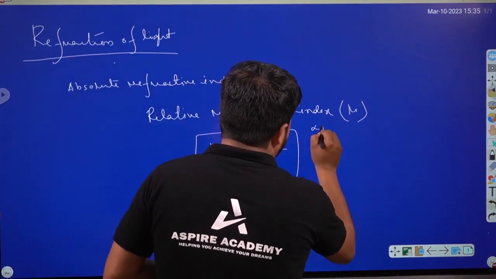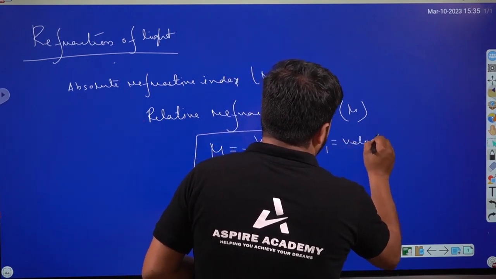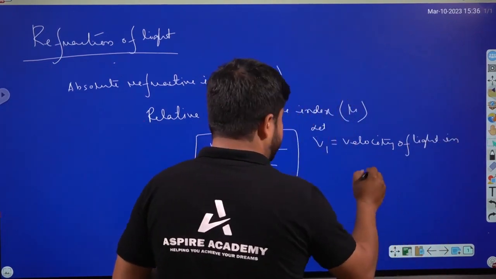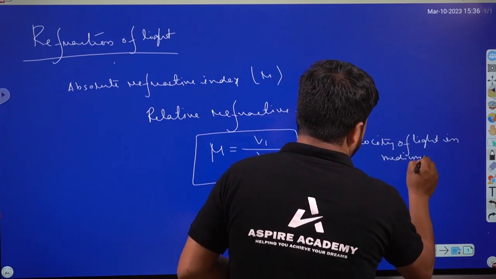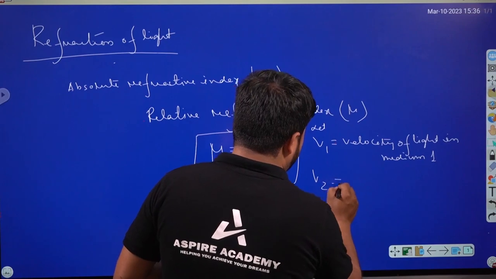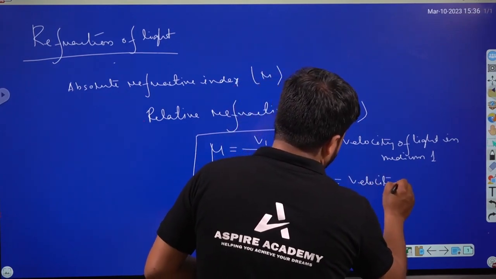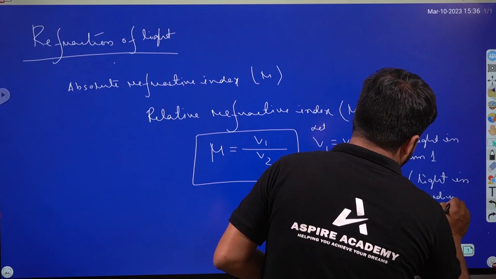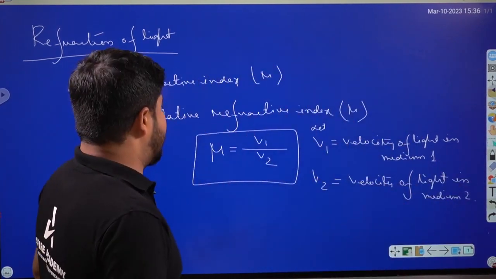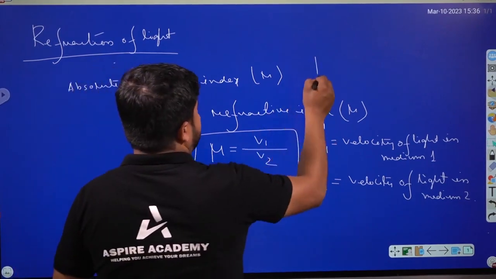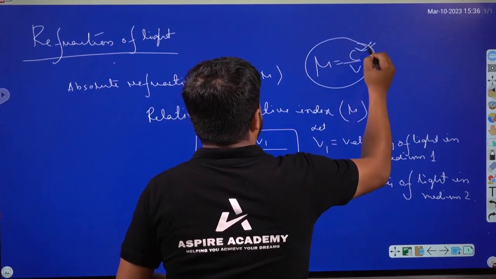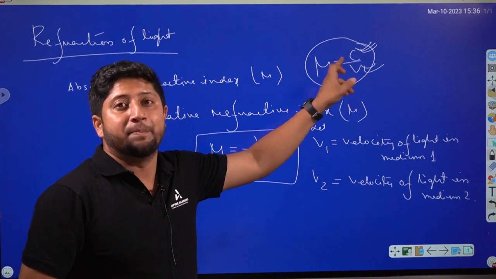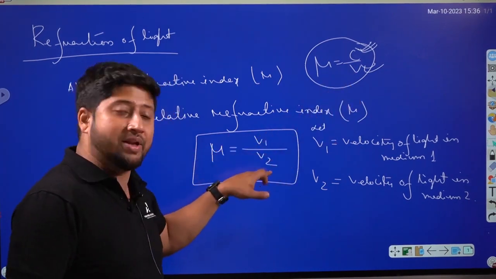So v1 we consider, let v1 is equal to velocity of light in medium 1 and velocity of 2, v2, means velocity of light in medium 2. এই দুটাই হৈছে রিলেটিভ রিফ্র্যাক্টিভ ইনডেক্স তাকো ডিফারেন্ট নয়. আমি জানিছিলো mu is equal to what, c by v, both are velocity, c velocity v velocity but difference কি আসলে, c মানে velocity of light in vacuum divided by velocity of light in medium but ইয়াত কি হ'ব mu is equal to v1 by v2 একে velocity but